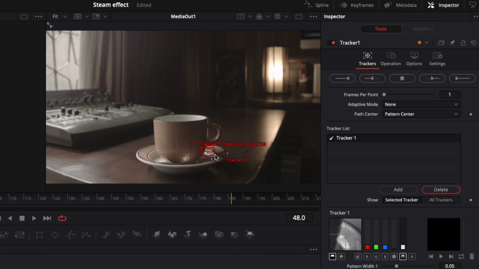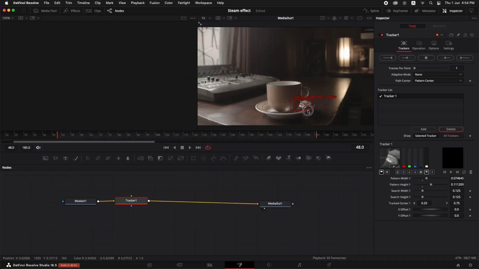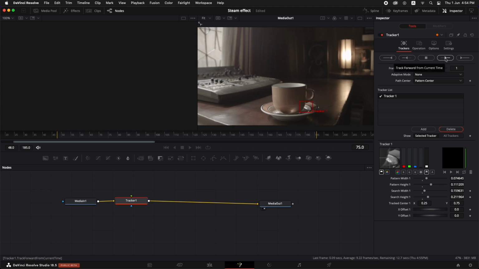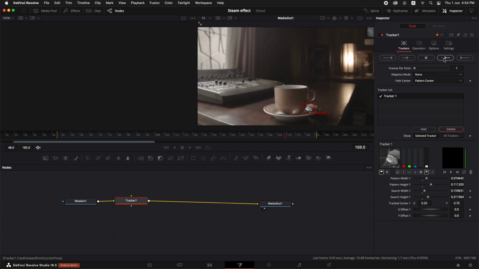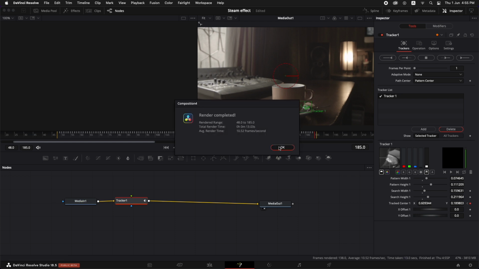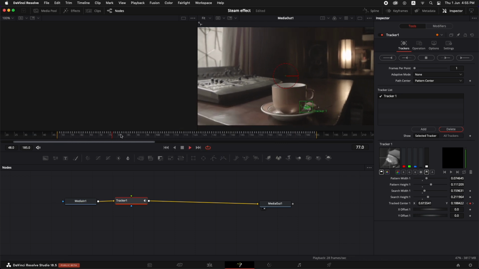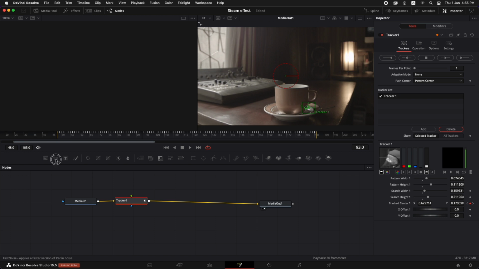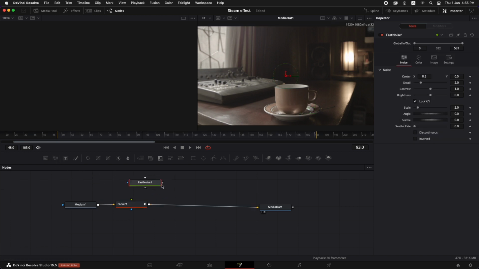And once this is selected, I'm just going to open it up a little bit so that it has a better tracking. And let's just select track forward. And we have got a good track, as you can see. Now let's just bring in the fast noise in here. So once we have the fast noise, let's just connect it to the foreground of the tracker, and let's just